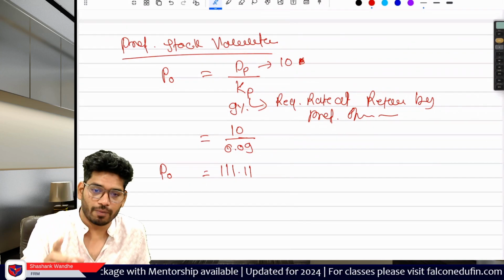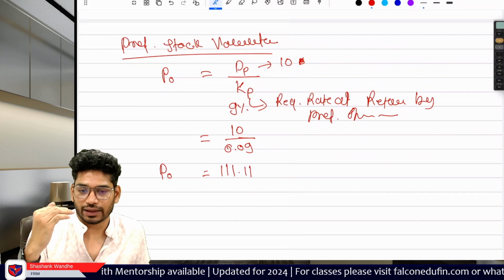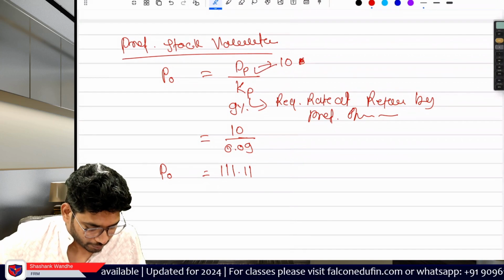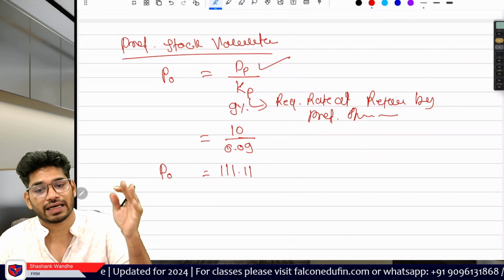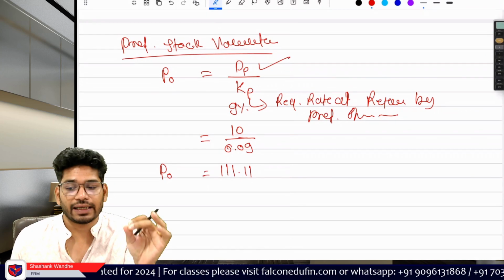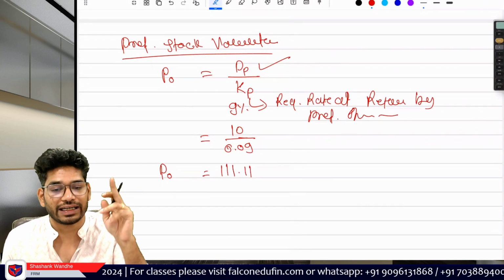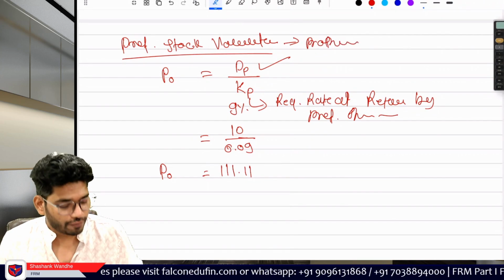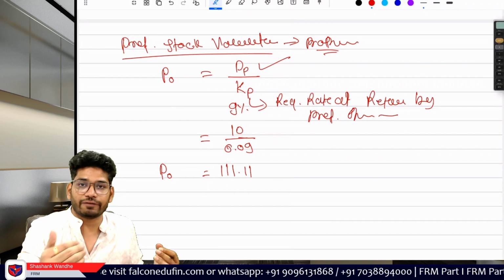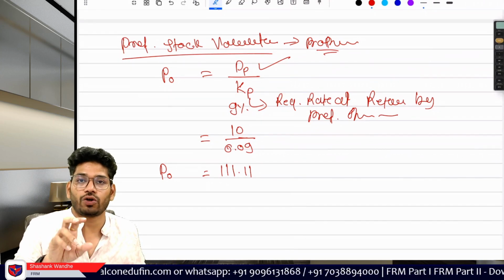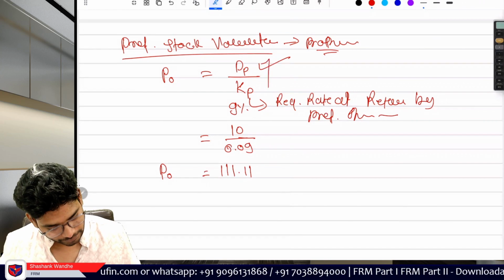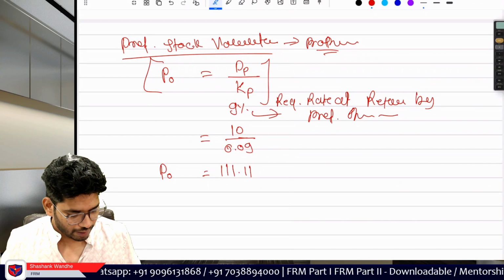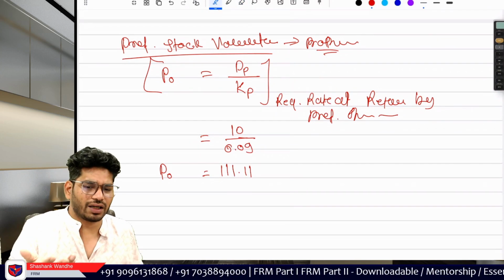This formula is applicable when we assume that this is non-retiring preferred stock. We are able to use this formula for a very basic reason. In the preferred stock's case, the dividend is promised. There is a fixed dividend, so we already know what's going to happen with the dividend. For this reason, we are able to use the dividend directly in this equation. This is the simple perpetuity formula, nothing special here. So again, just remember the formula and learn how to plug and play.